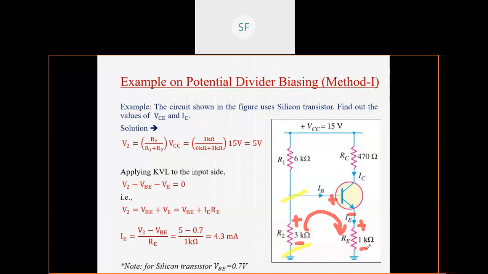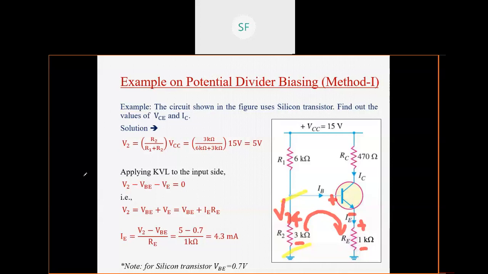The signs are required because while applying KVL, you need to collect all the voltage drops in your loop, and for the polarity you have to observe the last sign. So if you are moving in this direction, then you need to observe the last sign. In this case, the last sign is positive, so V2 will be positive. Similarly for VB, we are moving in this direction, the last sign is minus, so VB is minus. This drop is nothing but V, so that is also minus.